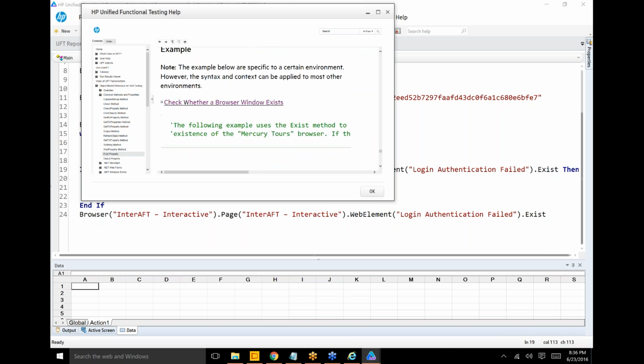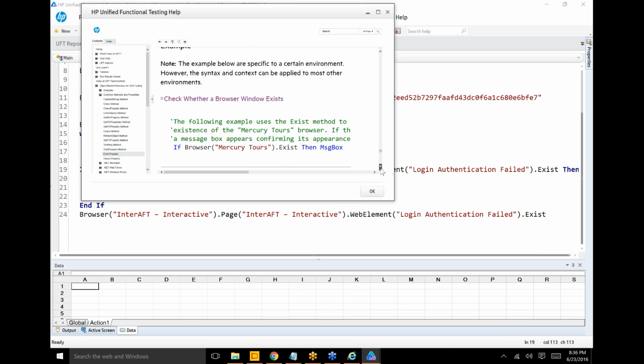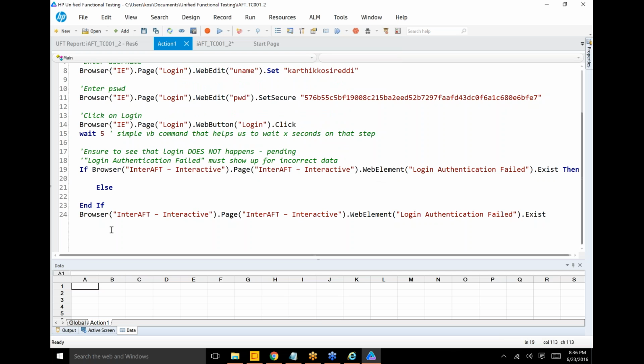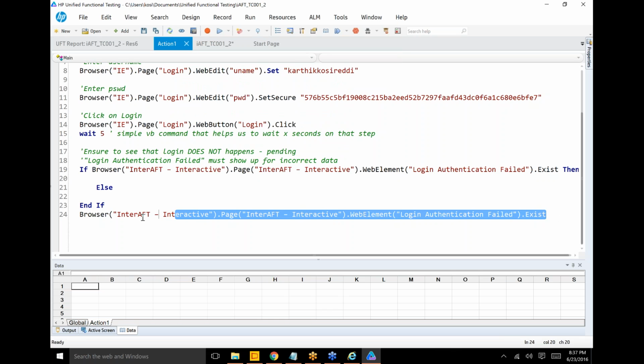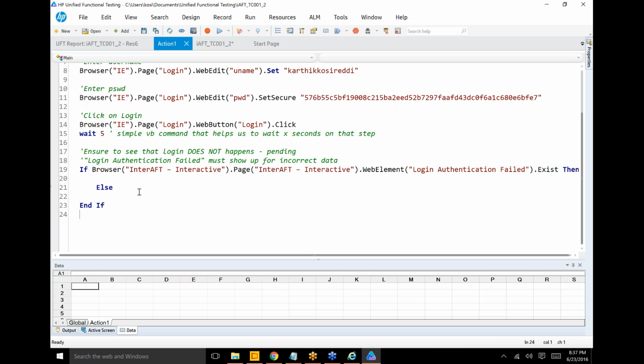Check whether a browser window exists. See if so-and-so dot exists, then message box. This is the kind of code that we are also trying to write now. So here I'm going to say if this object exists, then I will put a message box saying